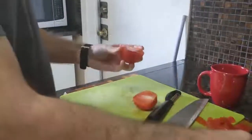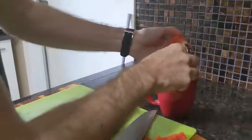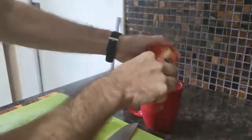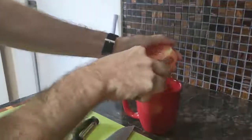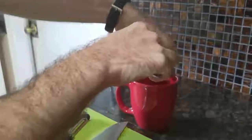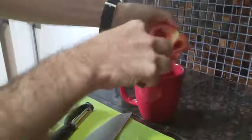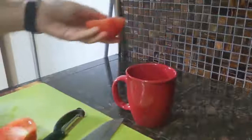And then I also like to scoop out the seeds. So I'd like to just take a little spoon like this and a little cup or something, and just literally scoop out all the seeds from there, because you don't want to be biting into a tomato and have nothing but a whole mouthful of seeds. It's easier for digestion as well. So just do the best you can, scoop out as many of those seeds as you can,